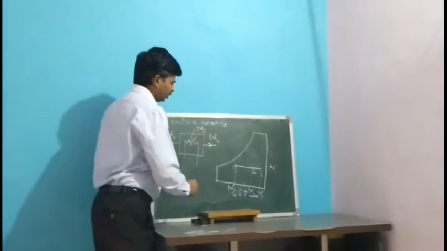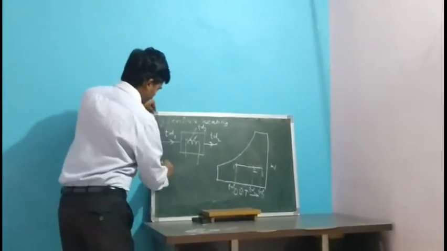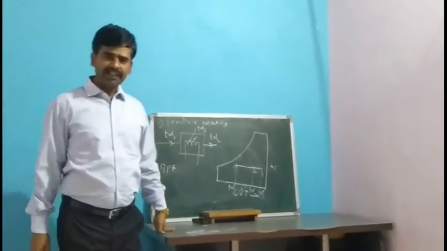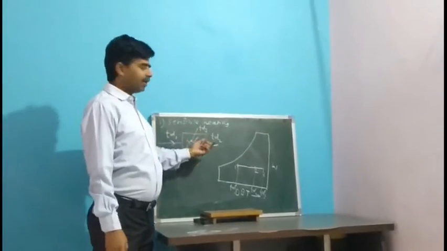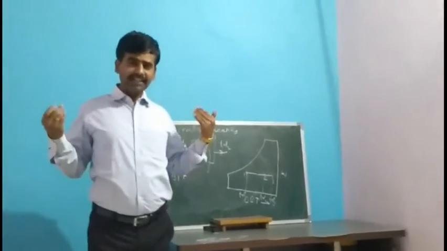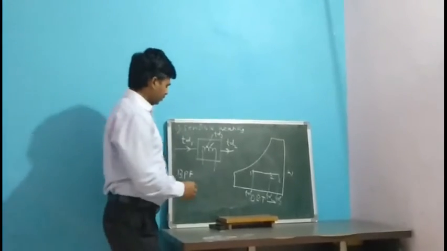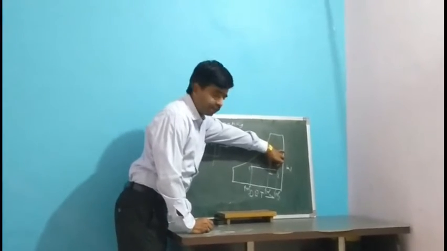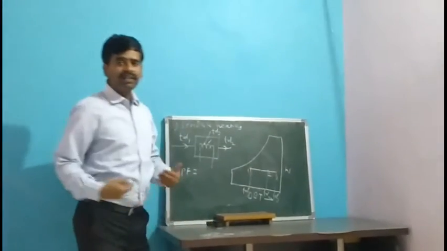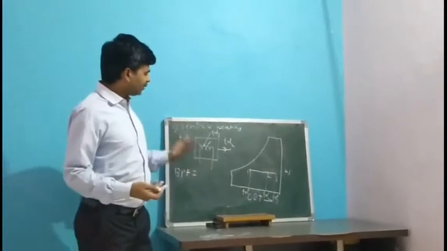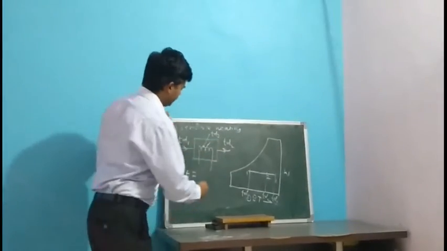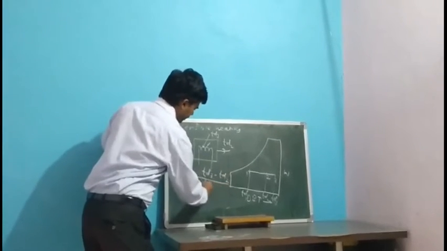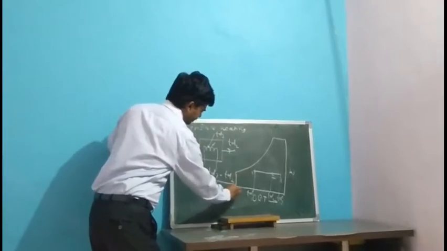There is one term known as bypass factor, that basically signifies the amount of air that bypasses, meaning it is not coming in contact with the coil. How to determine that bypass factor is very simple. The amount of air that is not coming in contact with the coil gives the unachieved heating effect. In terms of temperature we can write it as (TD3 minus TD2) divided by (TD3 minus TD1).